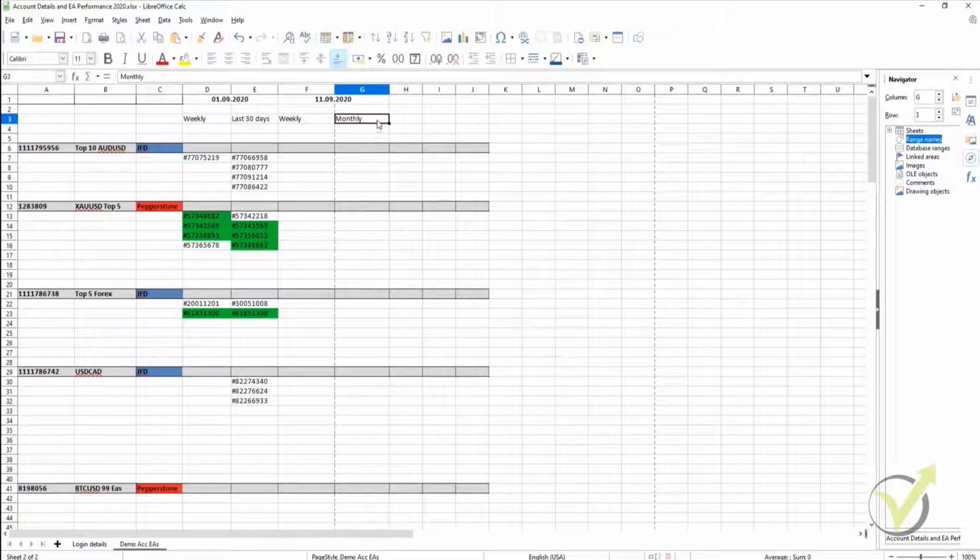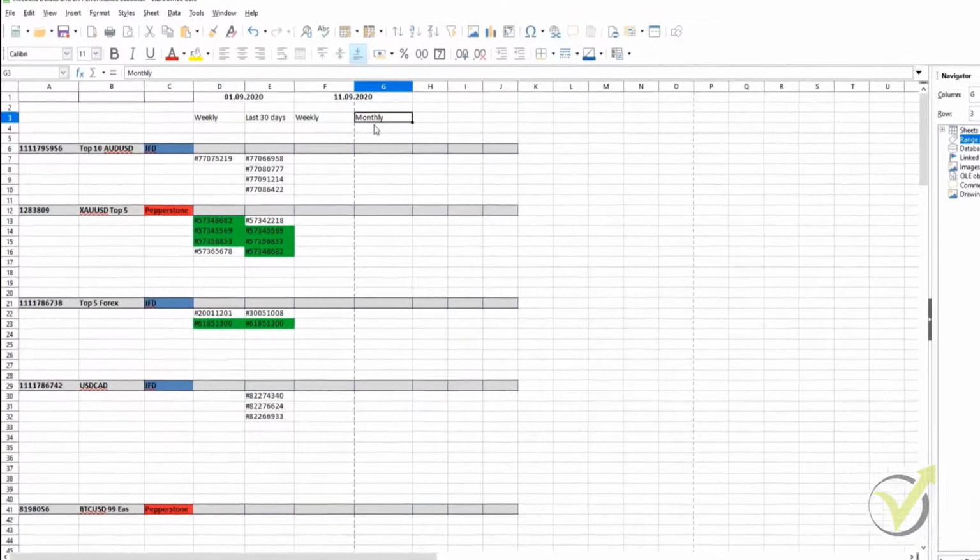And monthly, although it says monthly, it's not necessarily always monthly, because obviously when I put new expert advisors for the month onto my platforms, I then let them run for 2 weeks. And then I'll check the performance for the last week and for the 2 weeks before that. Then the next week I'll check it weekly, and I'll check it for the last 3 weeks, and then finally I'll check it weekly and then for the last month. So although it says monthly, it's not strictly monthly. It's just so that I know that there is a difference between the last week and the other time period that I am checking it in.